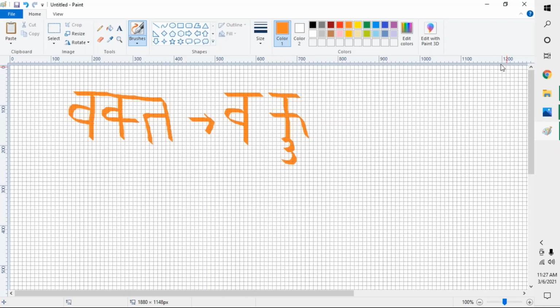Now students can question me why K was not written this way. Very correct question, there is no problem, but there is a specific rule for K, and that is the reason it is written here. For now, let us remember that when there is any half letter in Sharda Lipi, the letter after that will be written below. We showed the example of Amma, and we can take other examples too. This is the rule in Sharda Lipi.